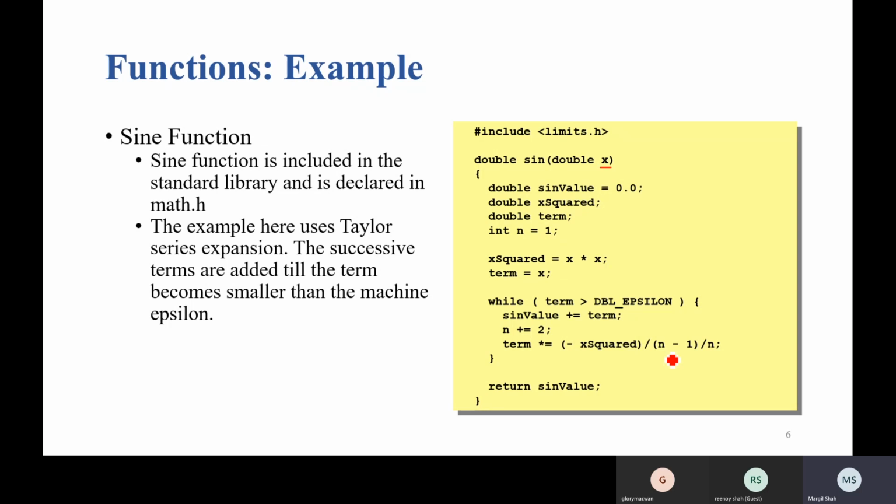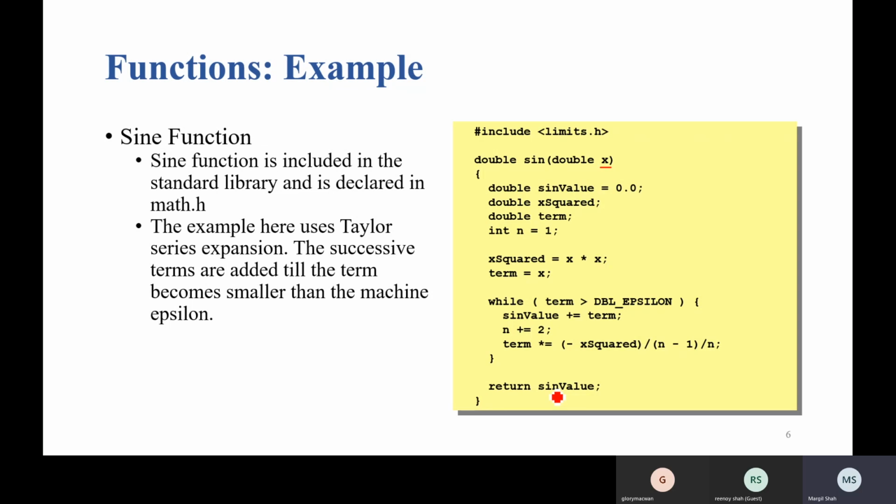So for working with this particular function, you need to understand how sine works in mathematics, basically, what is the equation for sine, right? Once you know this, it's easy to write this function, and at the end we return the value of sine_value, right?